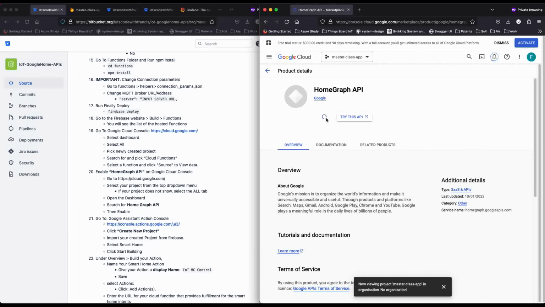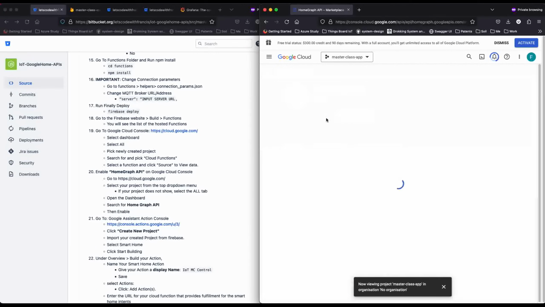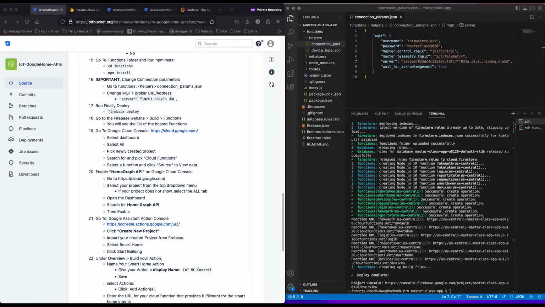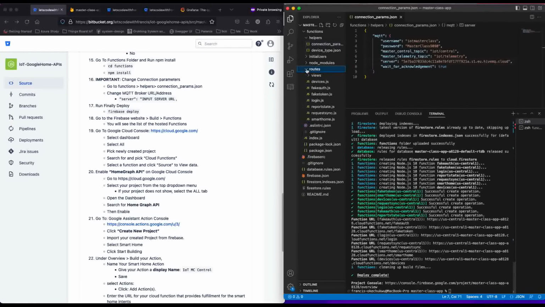So the reason why we need HomeGraph, this might sound a little confusing, but HomeGraph is an application that helps us sync our data with our devices. So if you have a state of a device, you would send it over to HomeGraph, and when the device starts up, the device can just collect that data from HomeGraph. If you look at the code, I know we're not talking about the code now, but if you go to routes,